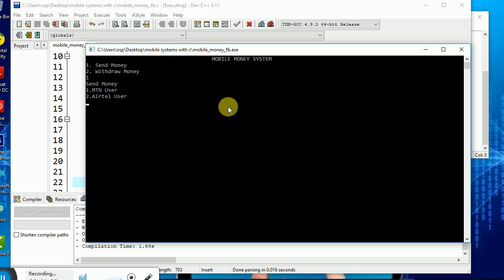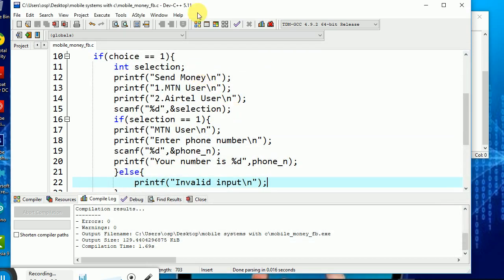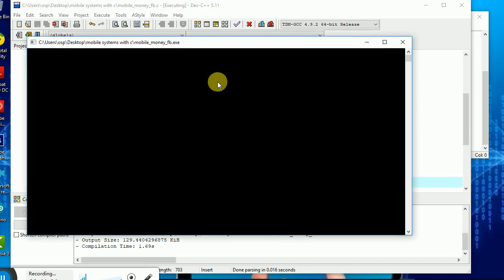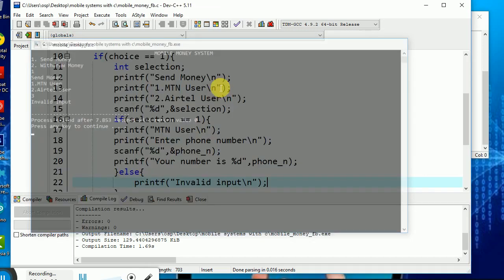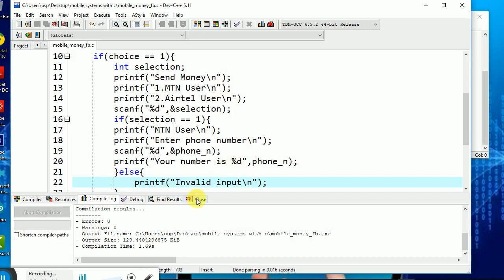Like I press 1, good, then enter the number. Now I assume you did press 1. This is what I mean. Remember we said 1, then if you don't press 1 but press maybe 2, inside the nested statement, you will get invalid input. That's what I was trying to say. Now if you check, that's what we have so far at the moment.